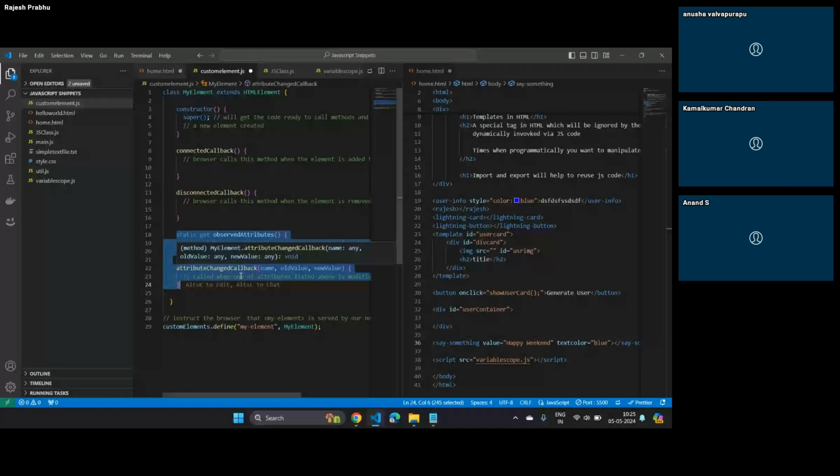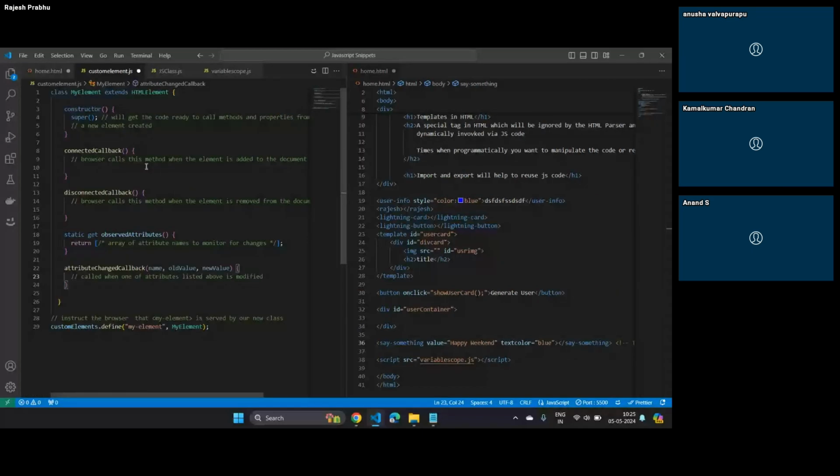This is the basics of web components. Once a class is created, all I have to do is use customElements.define. This is more like a message you are sending to the HTML parser and JavaScript engine in your browser. You are telling your browser, I'm going to create my own element with the name my-element, and when this tag is added in the HTML, don't